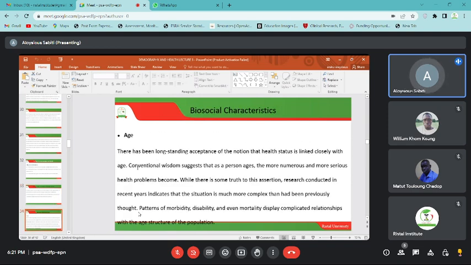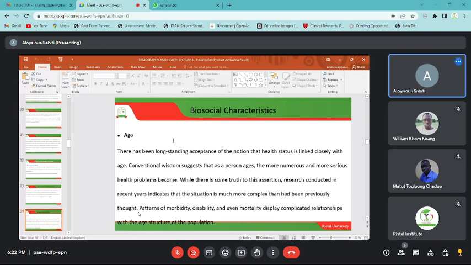And we want to start with the factors that are associated to health status, meaning we are discussing a demographic characteristic vis-a-vis a health status. So we want to start with the biosocial characteristics of the health status of a population. One is age. Now, there has been a very long standing acceptance of the notion that health status is closely